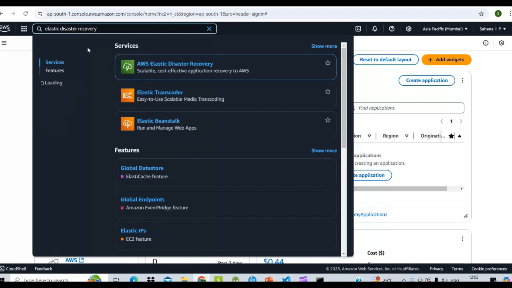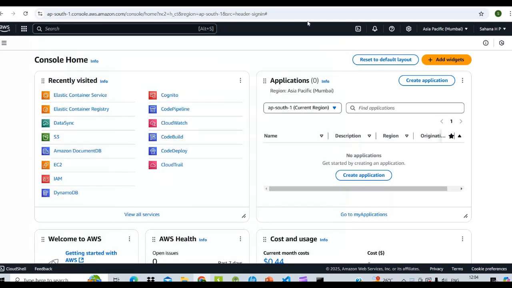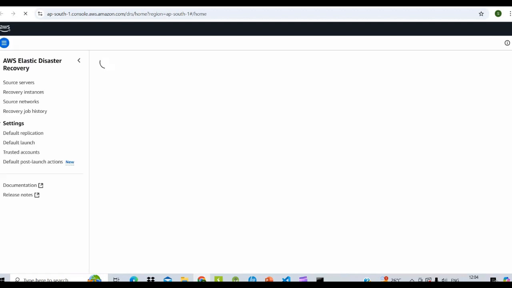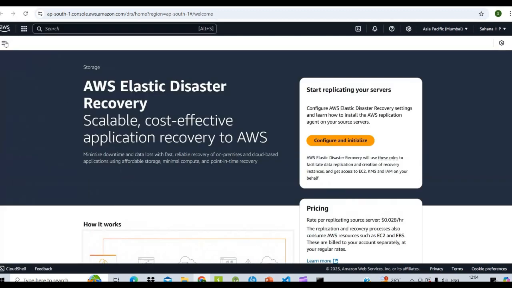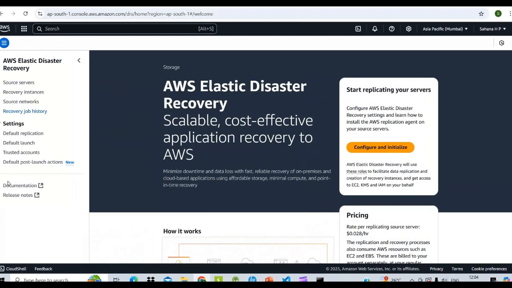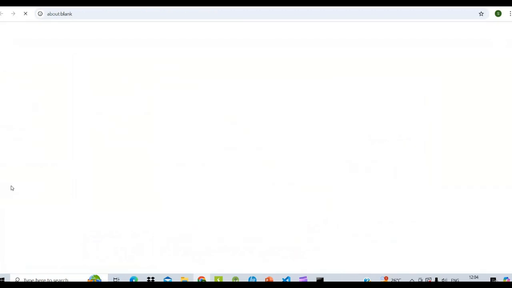And we need to create the IAM role also. So, the Elastic Disaster Recovery, right? Go to the documentation.